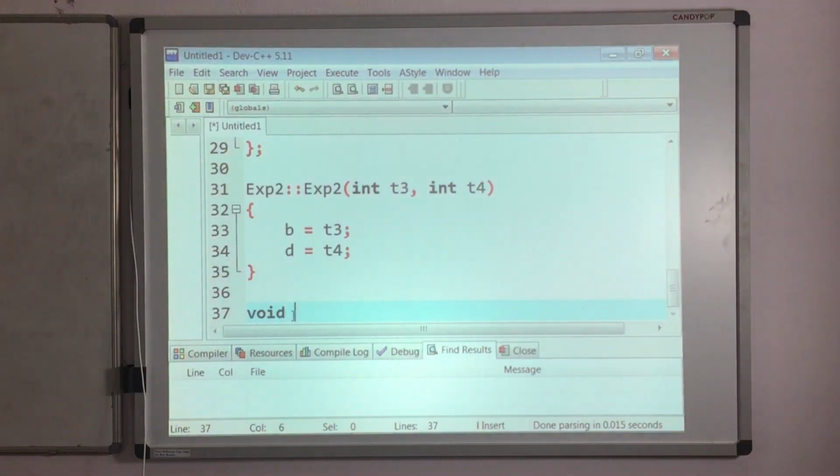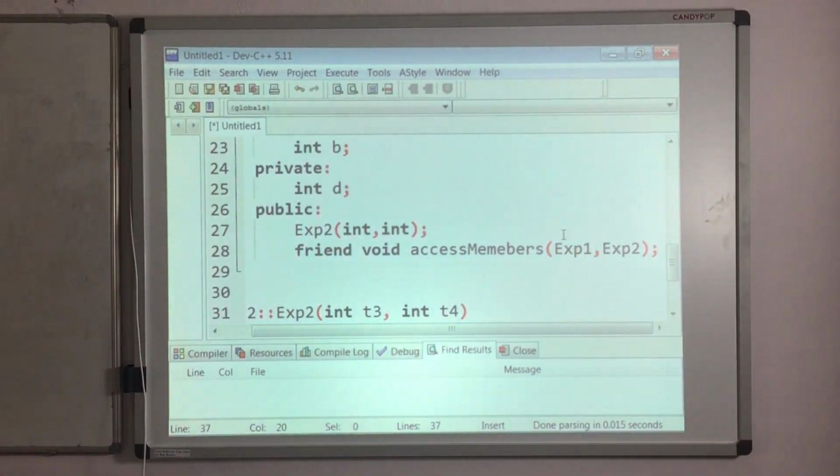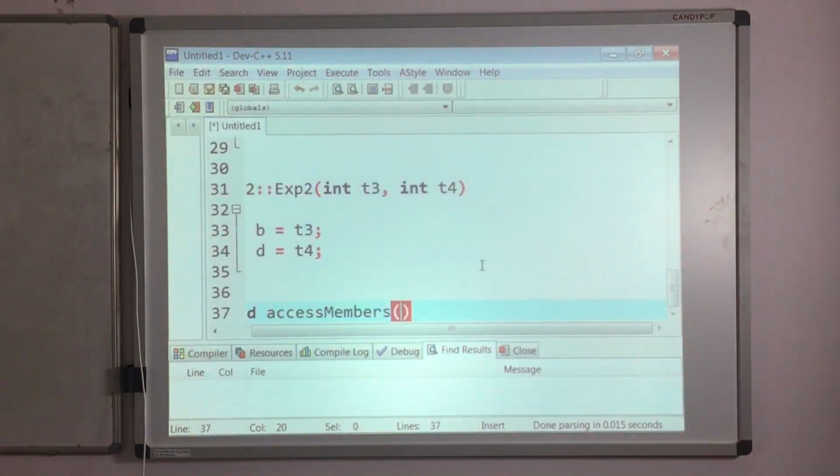Directly use the return type followed by access members, which receives two class objects, exp1 object as well as exp2 object: exp1 of TOBJ, temporary object 1, and exp2 of temporary object 2.